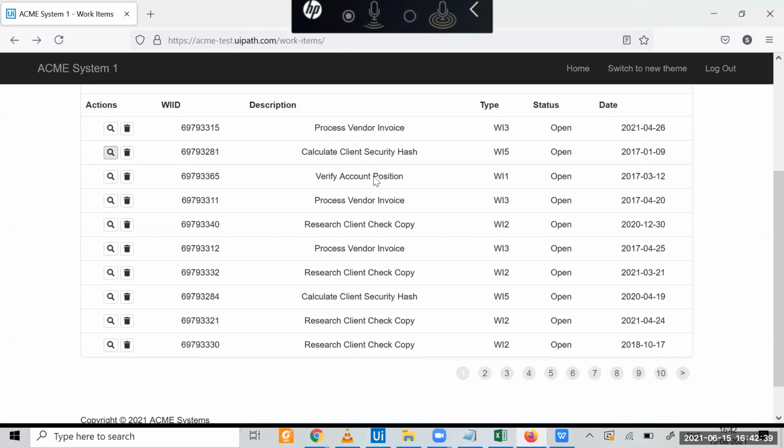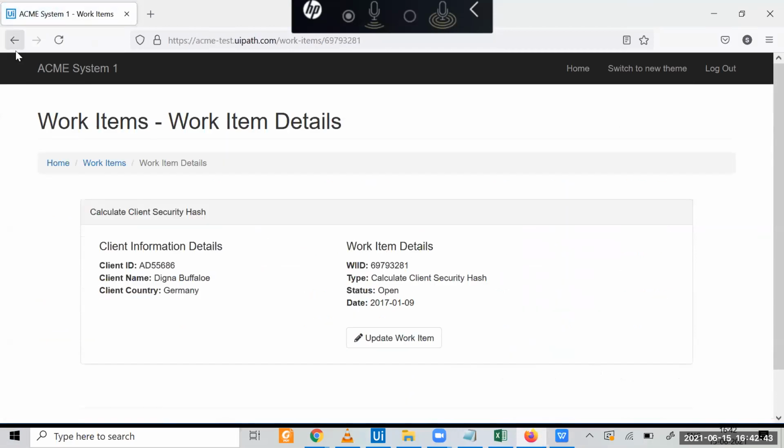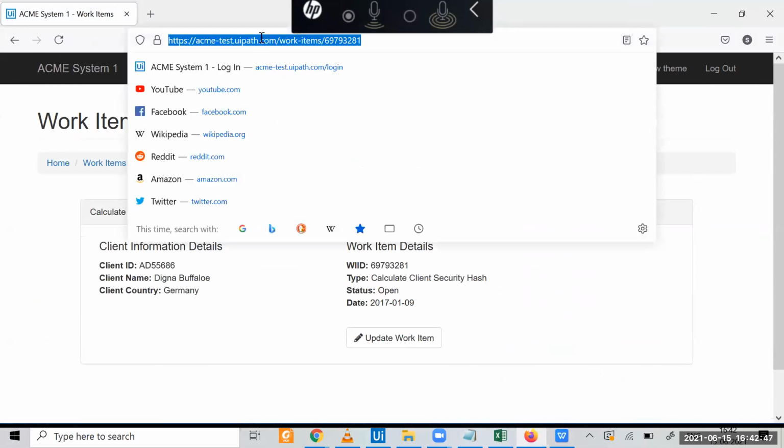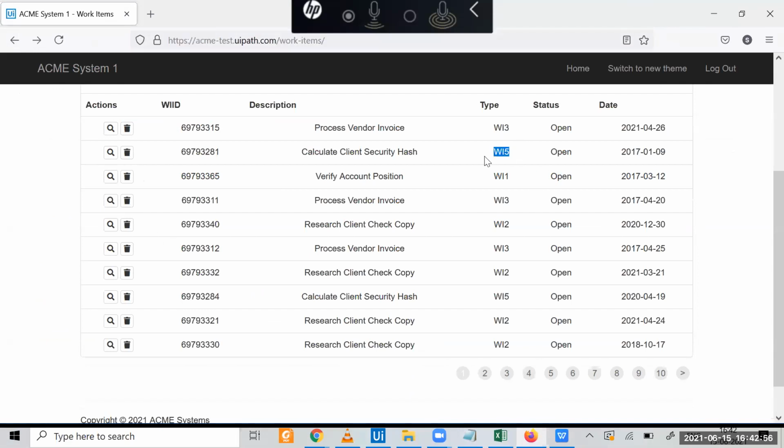Each time I have to open this one, right? That is the logic. Opening a particular link or directly typing it is the same. This is the URL. Either you directly type or you search WI5 and click here. For that you have to find on the page where WI5 is. You have to do the screen scraping, then click this button, right?